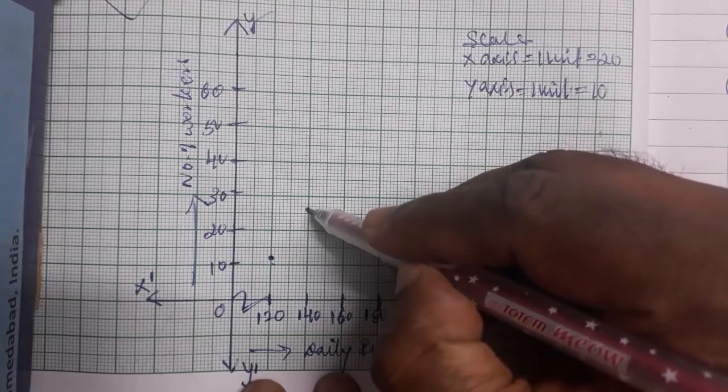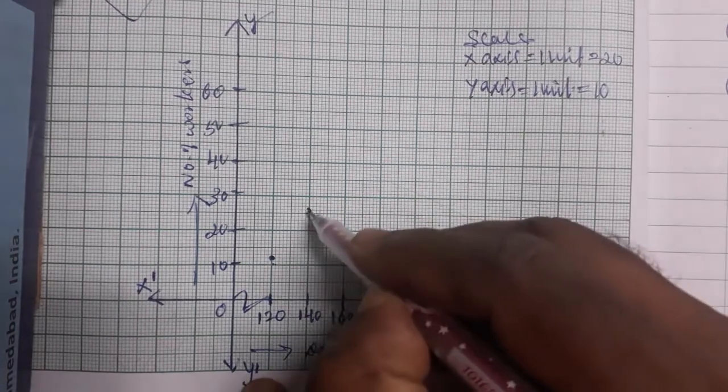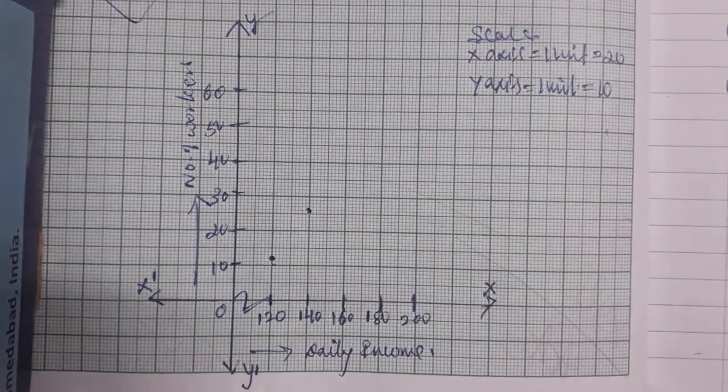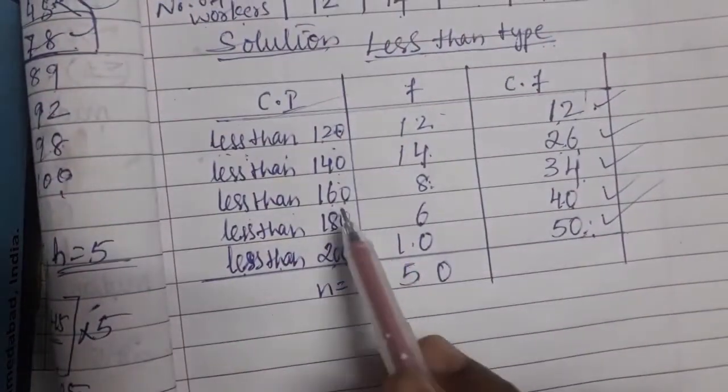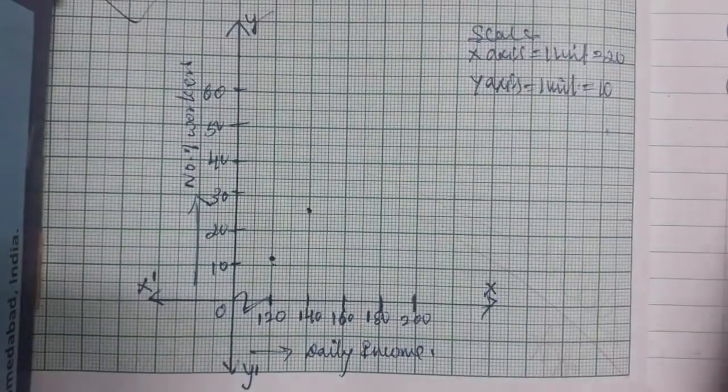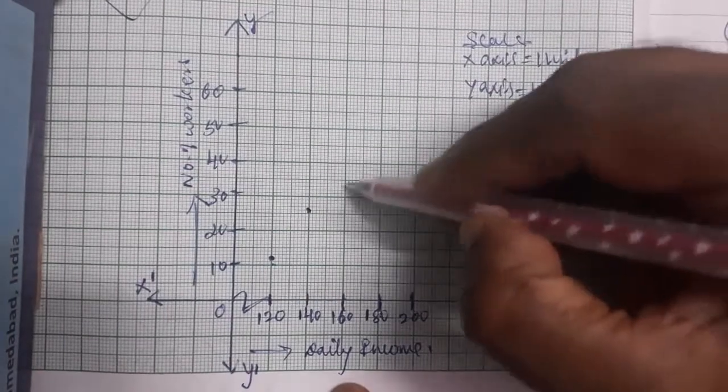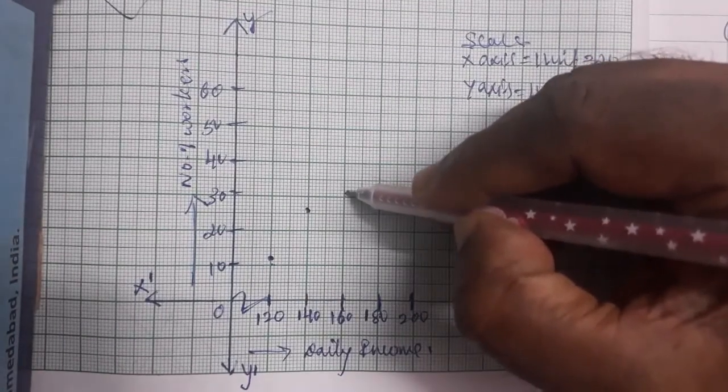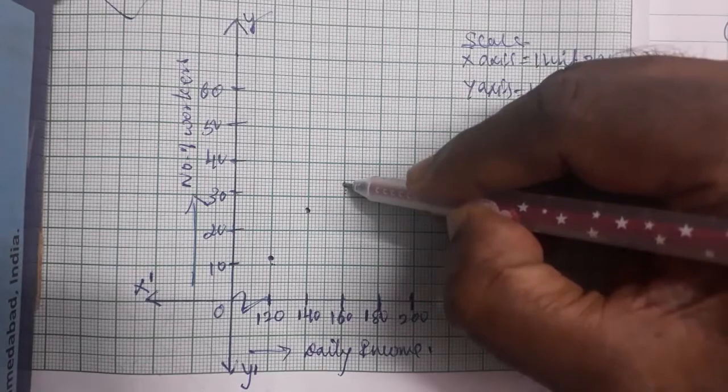After 25, one small box you have to mark. That is 26. Now, for 160, you can notice 34. For 160, 30 is here. Small box you have to count: 1, 2, 3, 4. So,